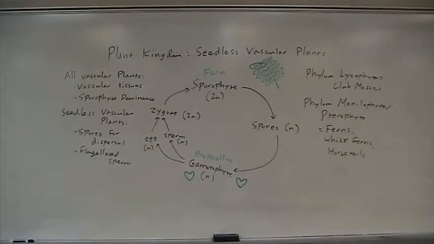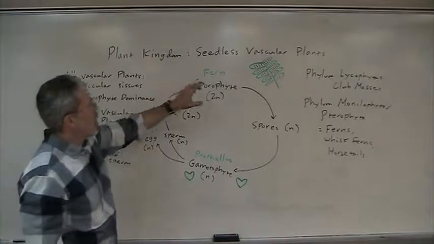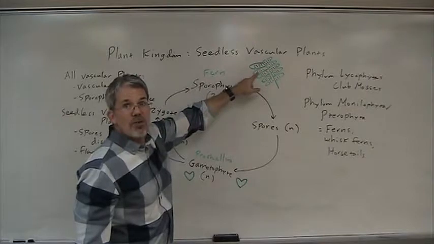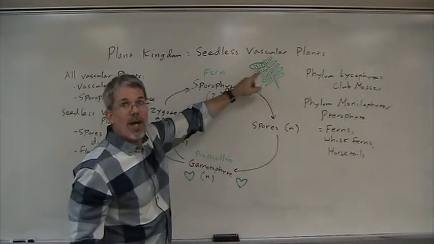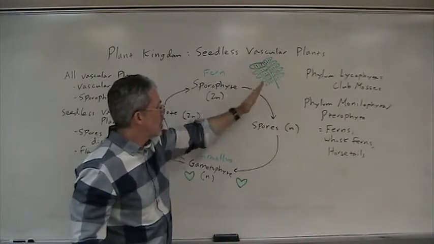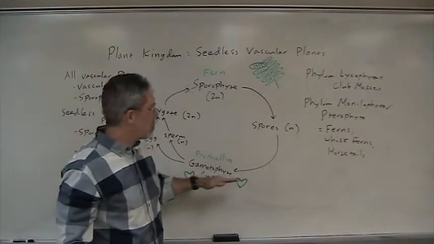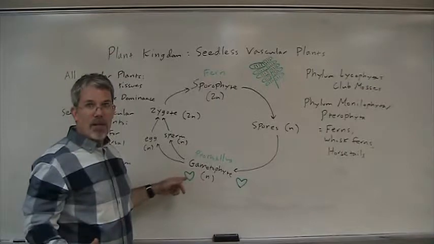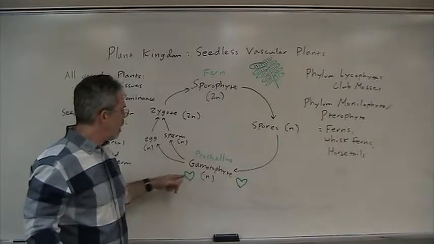Now, the life cycle of seedless vascular plants is pretty much the same regardless of which one we're talking about. The plant itself is the sporophyte, and the fern, of course, will produce and release spores. With the fern plant, you'll see these little structures underneath the leaves. Those are called sori. They produce and release spores. The spore becomes the gametophyte stage. Now, the fern gametophyte is small, paper thin, about the size of your pinky fingernail, and is heart-shaped, and it's